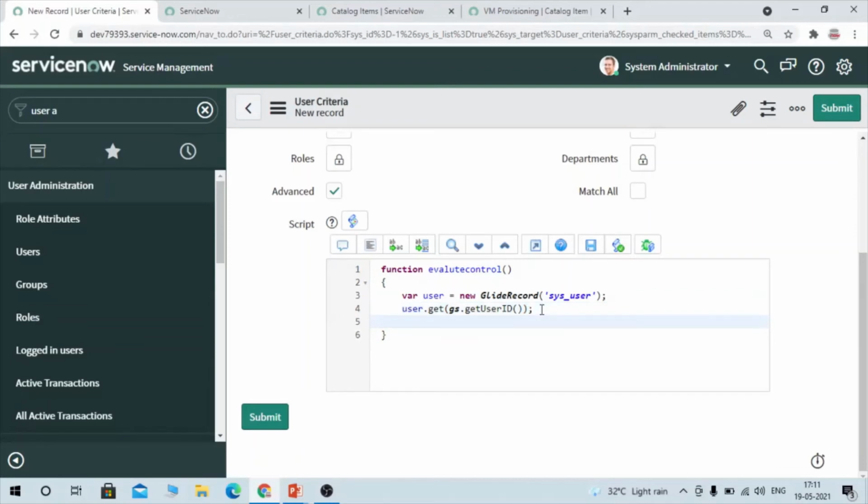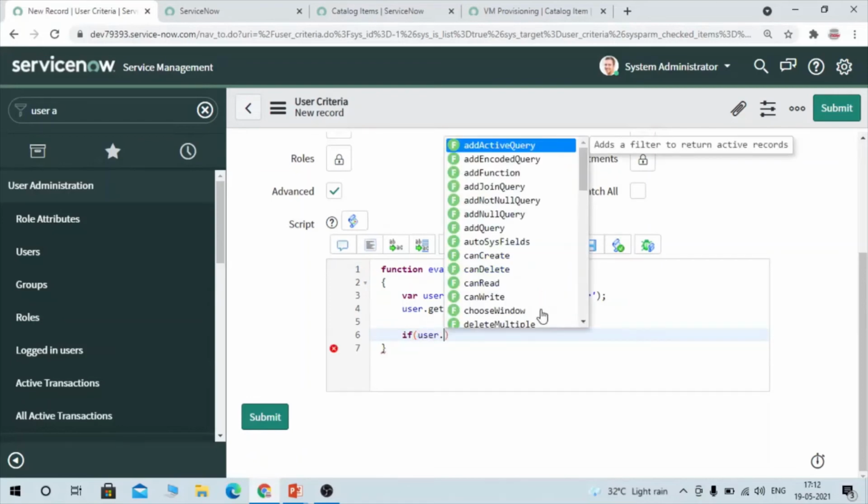And after that, I have to use an if and else condition to check whether the logged-in user trying to access the catalog item has employee label 4 or not. So for that I'm going to use an if condition. Here I'm going to use the object dot.